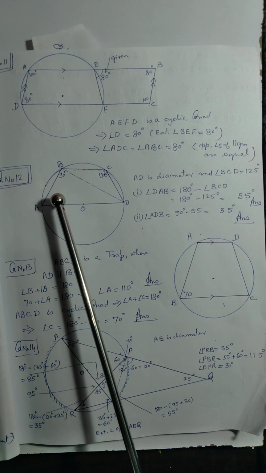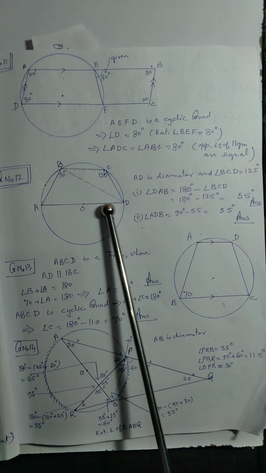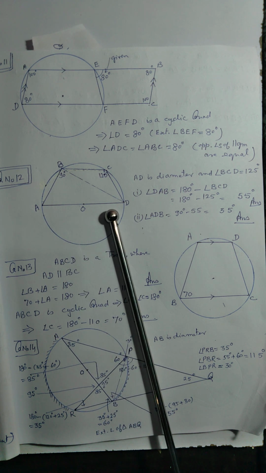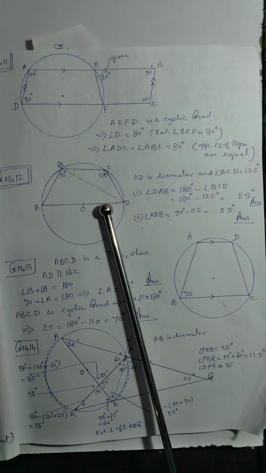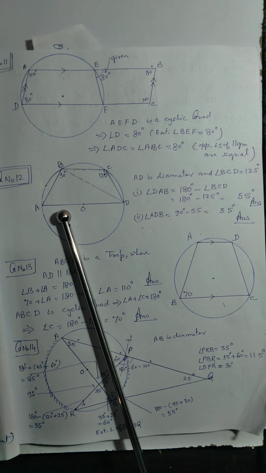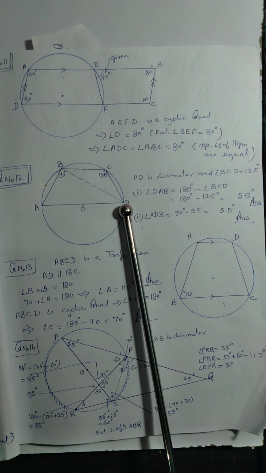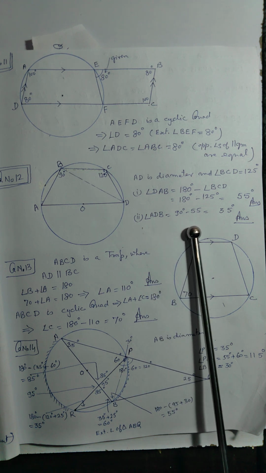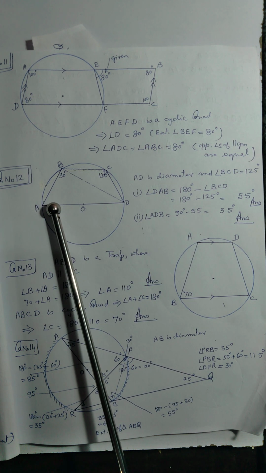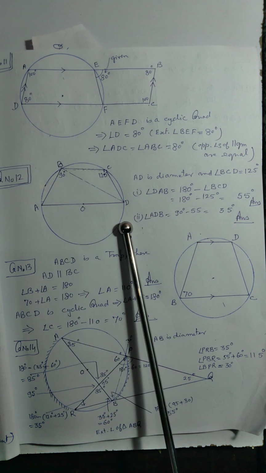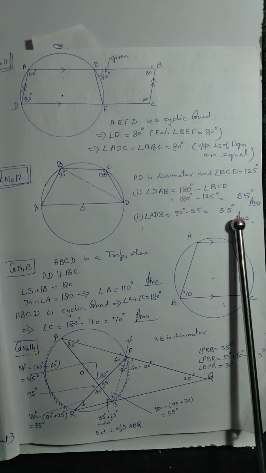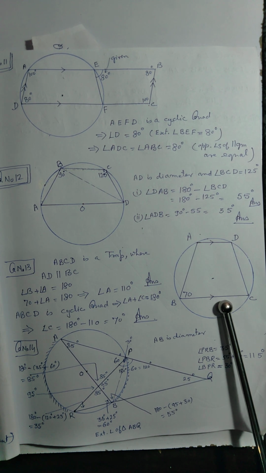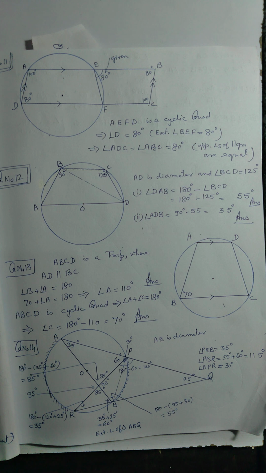Angle B is 90, so sum of these two means A and D in a right angle triangle. Sum of the two acute angle should be equal to 90 degree, or you can say the complementary angle होनी चाहिए. So angle D will be equal to, means ADB is equal to 90 minus 55. A is 55 now. So 90 minus 55, that is 35 degree. And these are the two answers of the question number 12. Now come to the question number 13.